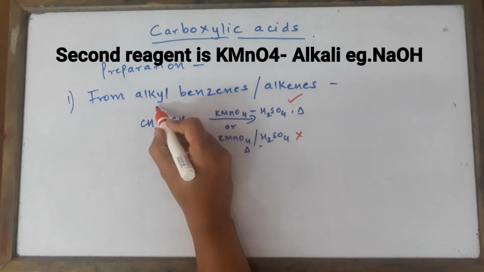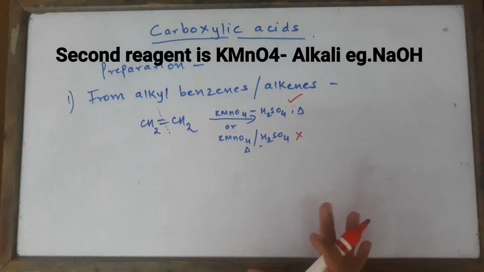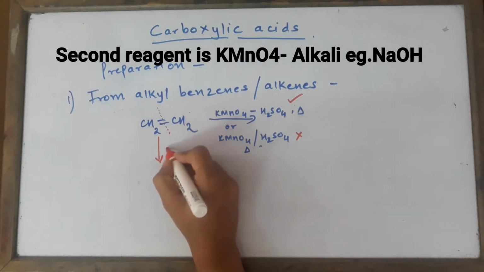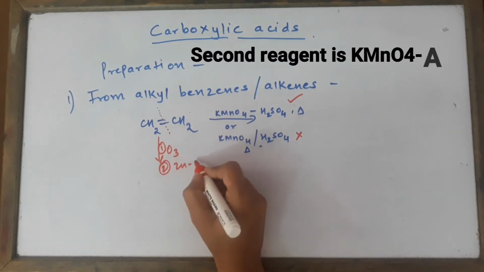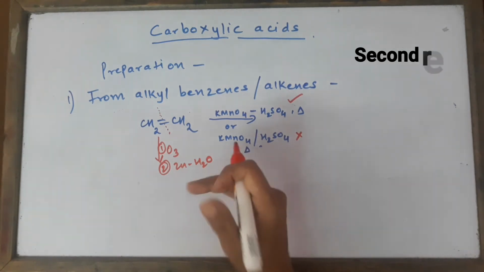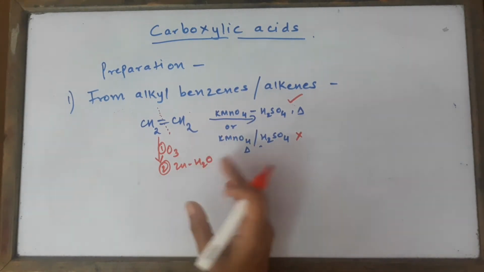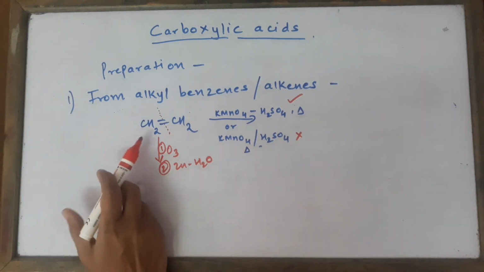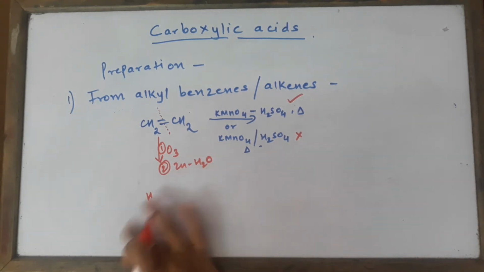Now, whenever you carry out the oxidation of alkenes, it's just going to be like ozonolysis. What did you do in ozonolysis? If you remember, we first took ozone and then we reacted it with zinc and water. So oxidation and then reduction. When we did this reductive ozonolysis last time in the previous chapter, we made an aldehyde out of this.